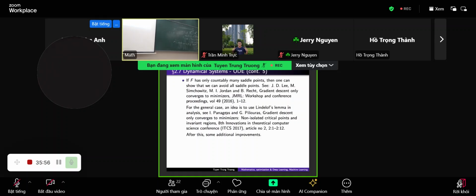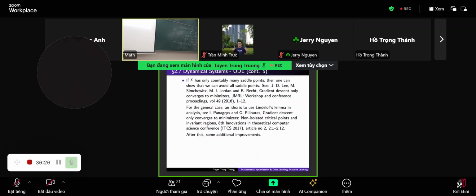What is the name of this? It's called the Lindelöf lemma in calculus or measure theory. The thing is, you want to get at each certain point one small open set so that you can apply this. But if